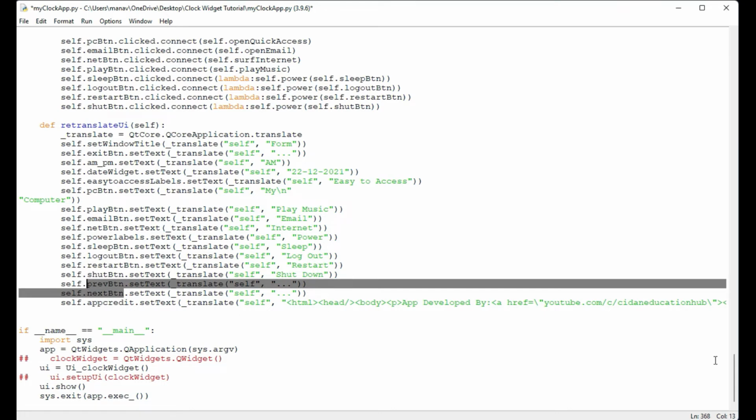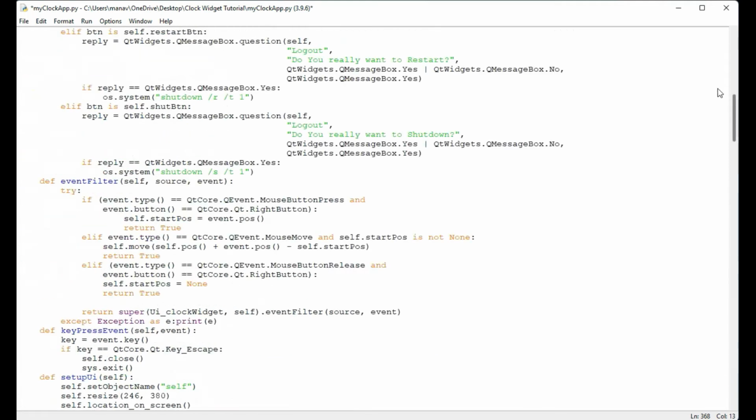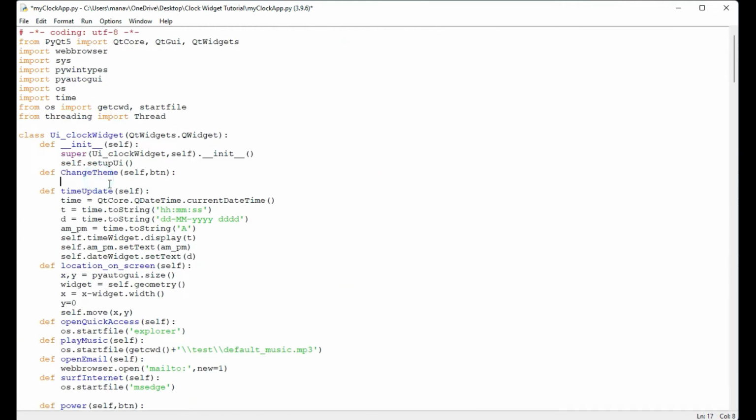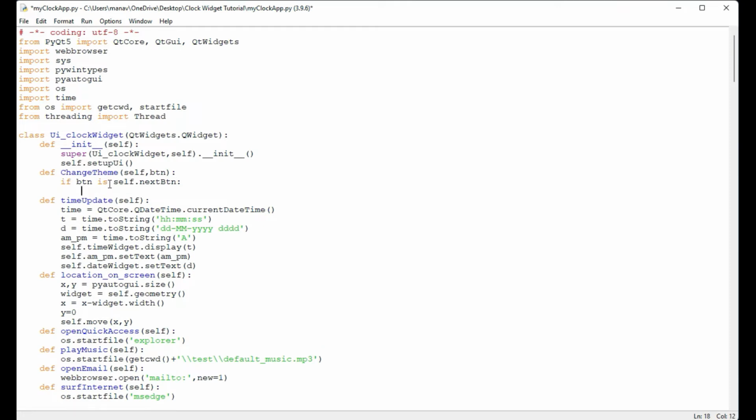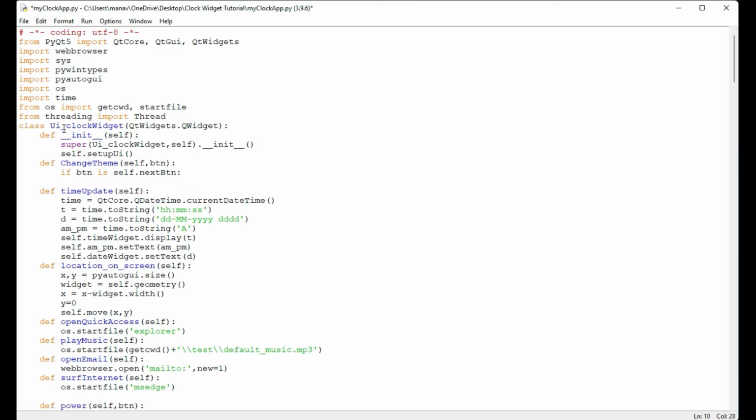So I'll come here, and first of all I'll check if button is self.next_button. If the button pressed is self.next_button, then I want to change the theme index. For that, first of all under our init application, under our init variable, I'll make one variable here.